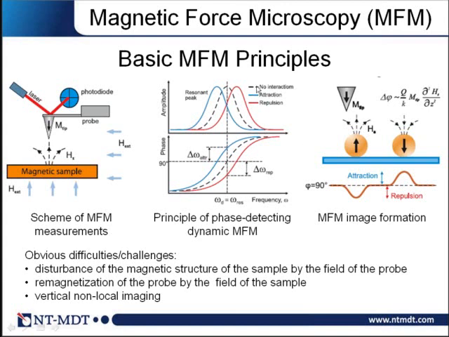So you can see here that the probe is driven by an additional generator, an additional force, to the resonance condition, and of course, due to interaction between sample and the probe, these resonance conditions can be changed, and depending on whether you have attraction or repulsion, the changes go in different directions. So in principle, due to these changes, the amplitude of oscillation due to off-resonance conditions is also changing, but it is much more convenient to measure not the amplitude of the